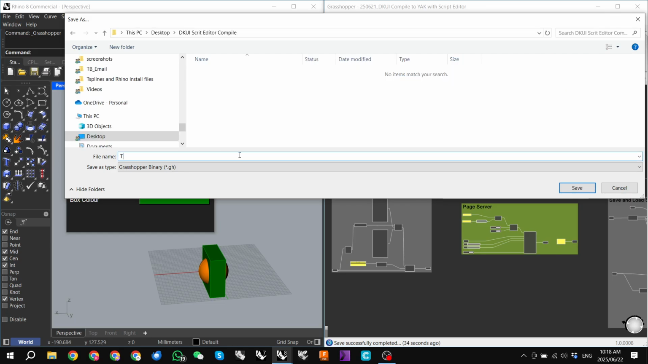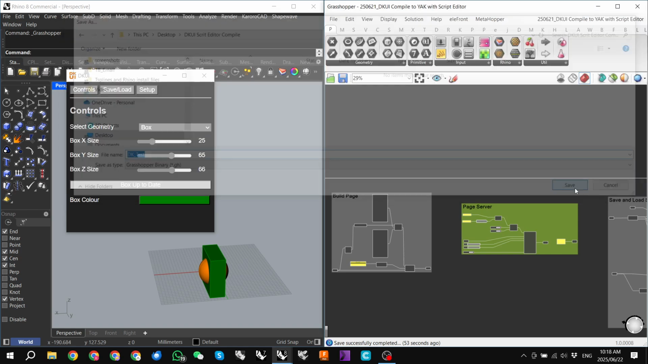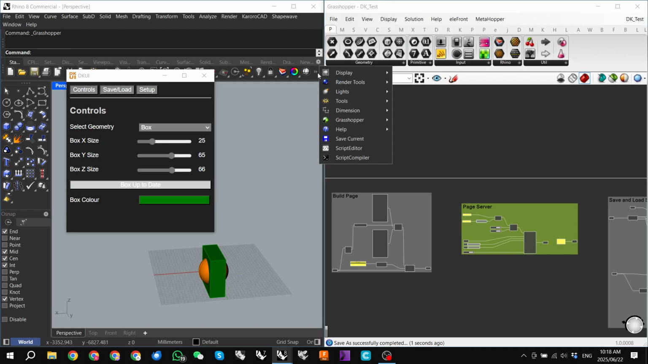And we'll call this test. We'll call it DK test. So this will be the name of the actual command that we'll be creating. So we'll save that, and then we need to open the script editor, and we can go to